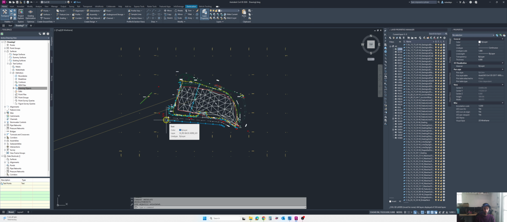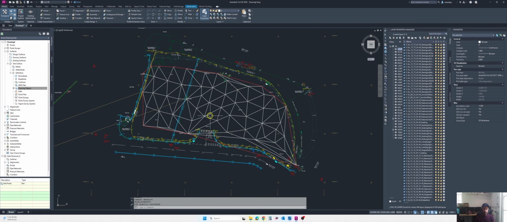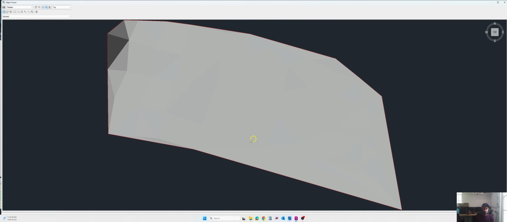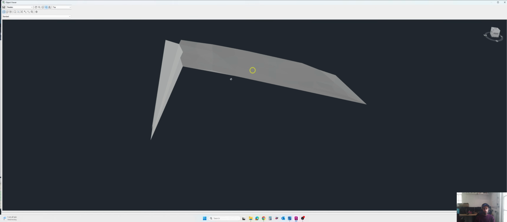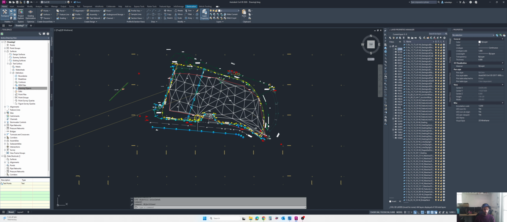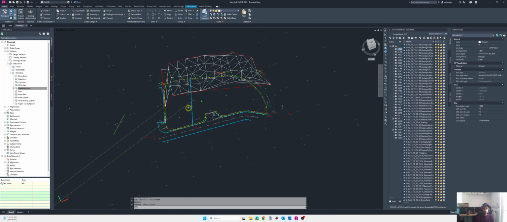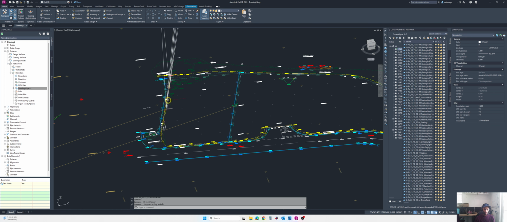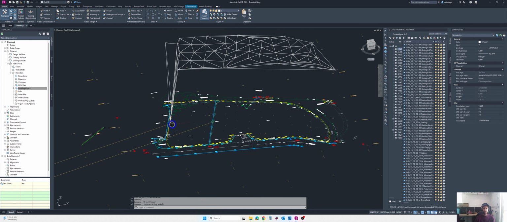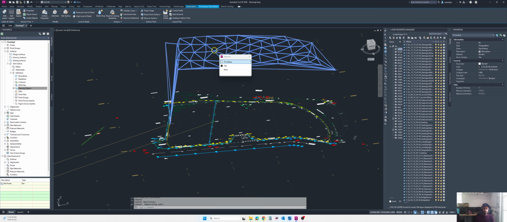Now if I select my surface as triangulation and right click and see in the object viewer, some of these points are not proper, or we don't want them in our surface. So we can quickly edit this. For that I will press and hold the shift key and middle mouse button, and this way you can do your 3D view. And you can see these points are dropped, so we just have to delete or reassign the elevations to this one. And I will select my surface,